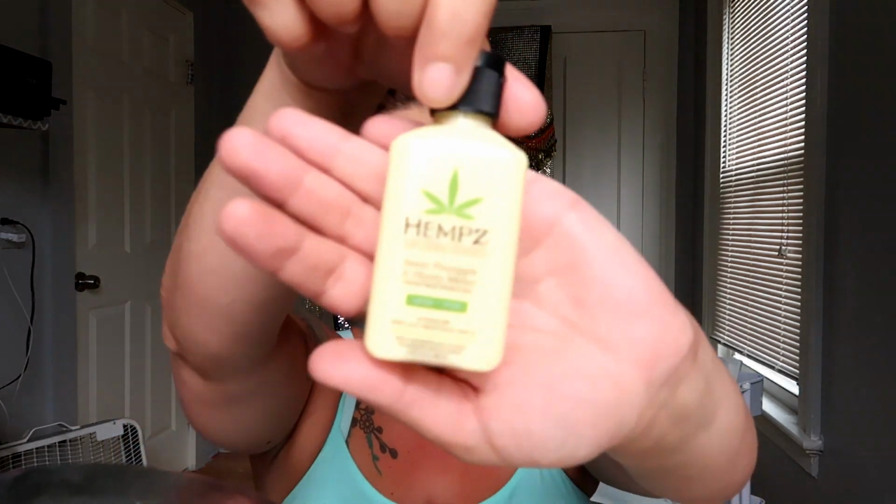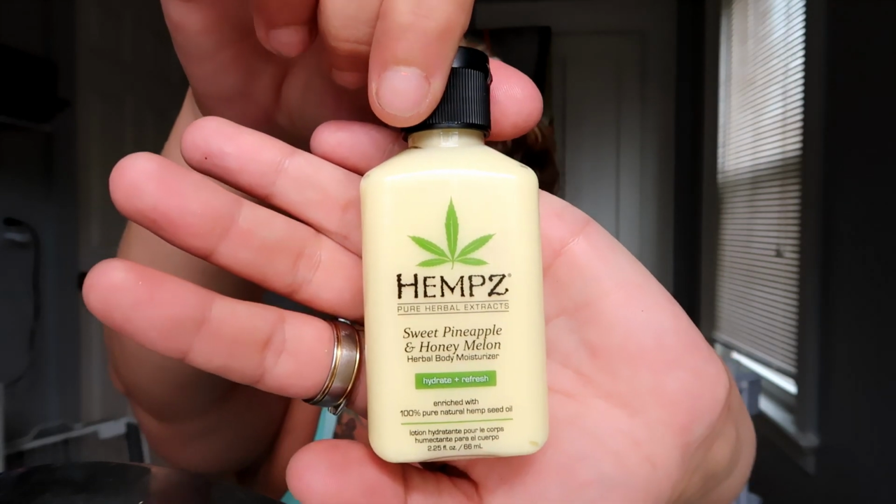Okay, so this I really like. This is the Hemp's Herbal Body Moisturizer in Sweet Pineapple and Honey Melon. It's for the body. Our skin has never looked, felt, or smelled better thanks to the moisturizing hemp seed oil in this tropical scented body cream. It also is formulated and hydrating with pineapple extract and antioxidants, loaded honey melon extract to help nourish, repair, and